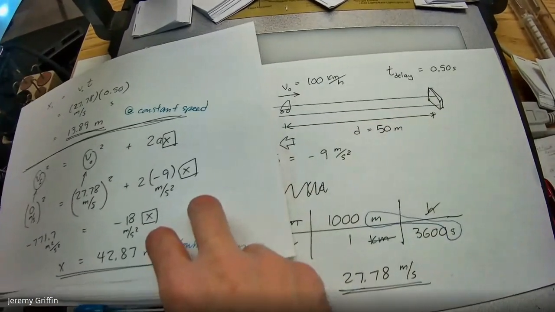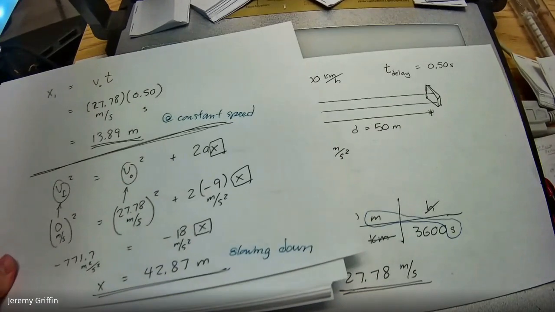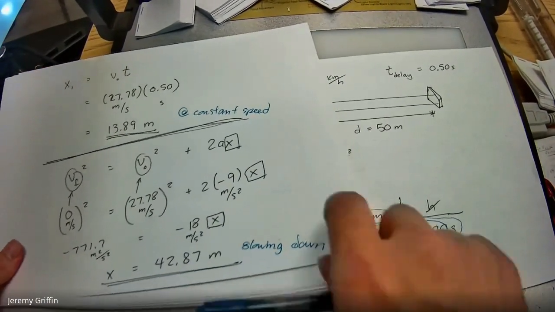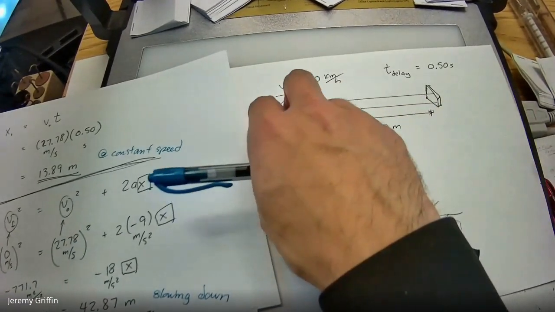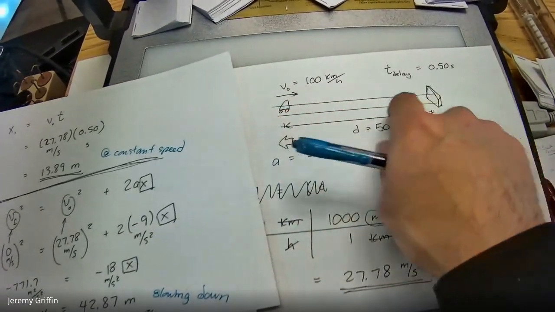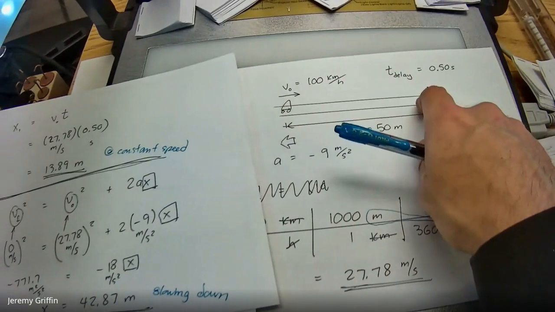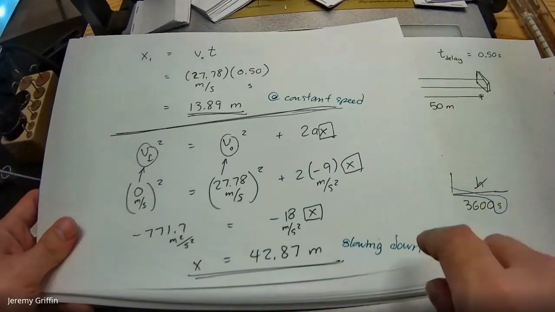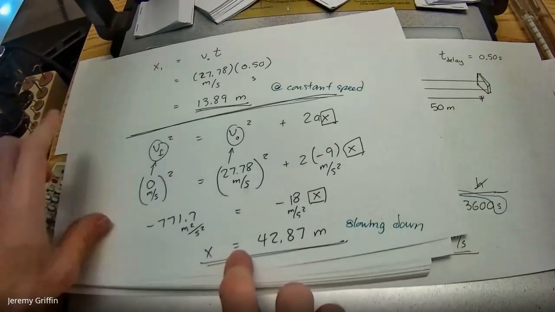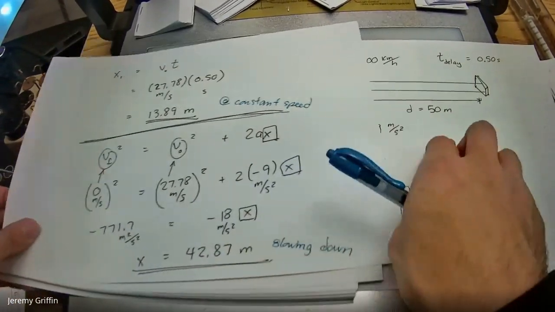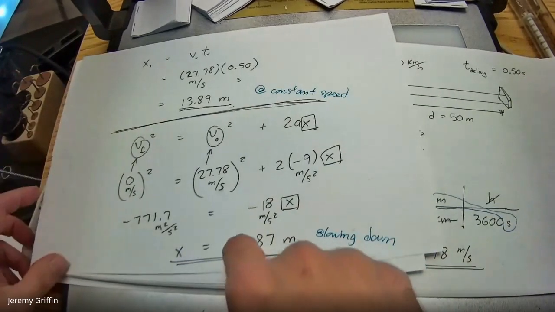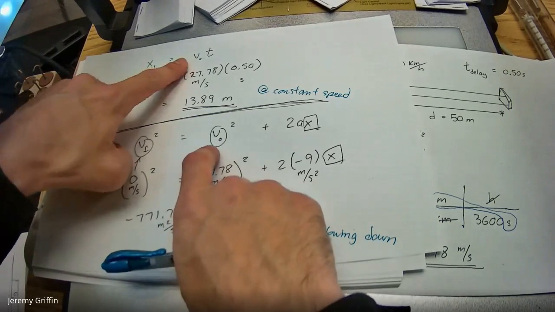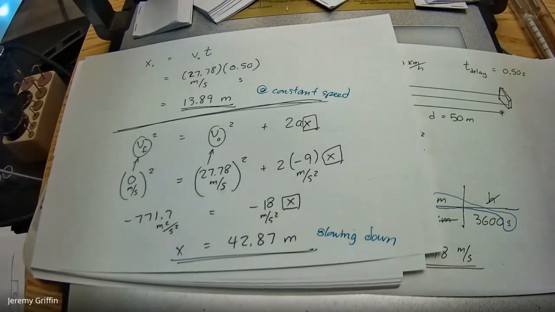Now the follow-up question was, what if he just barely came to a stop? How fast could he go at maximum so that he just barely comes to a stop? Like he's just barely tapping that barrier. What you would do is let these distances add up to exactly the given distance, like 50 meters in my case. And then you'd have to go back and solve for V0, which is incorporated in both of these. That would be the setup. I think you guys can figure that out, right?